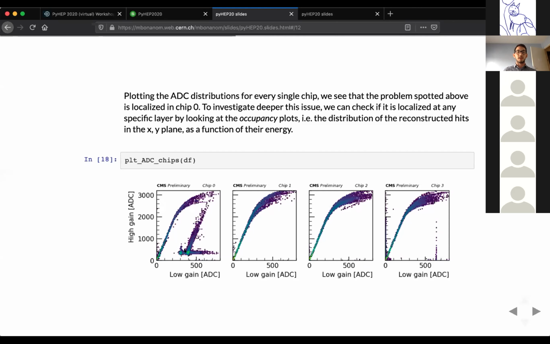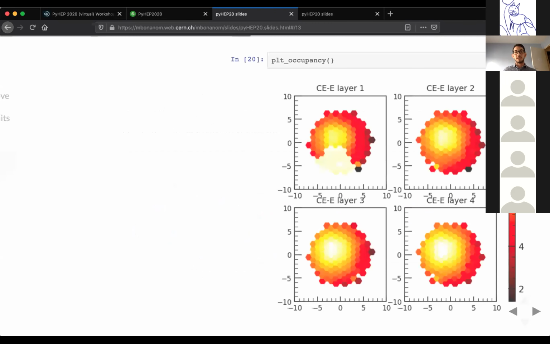So if you combine the two pieces of information, you would expect chip 0 and layer 1 to be the faulty one, but you have to make sure that this is the case, and so you can deepen this